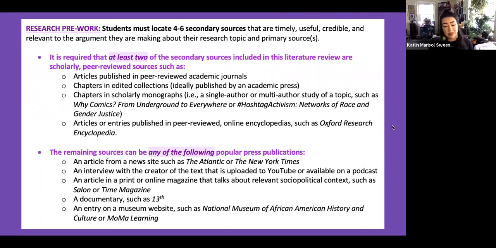The remaining sources can be any of the following popular press publications. Maybe it's an article from a news site, an interview with the creator of the text that's uploaded to YouTube or is available as a podcast. Perhaps it's an article in a print or online magazine. Maybe it's talking about the relevant socio-political context that you need for the context section in your introductory section. Perhaps it's a documentary related to the topic in some way,